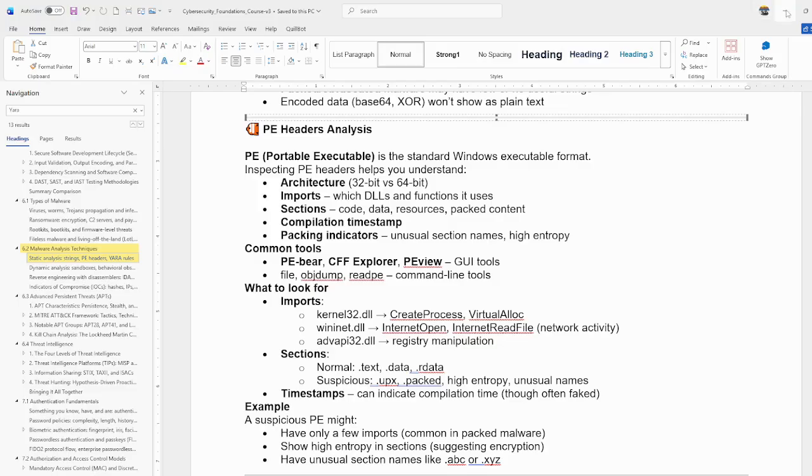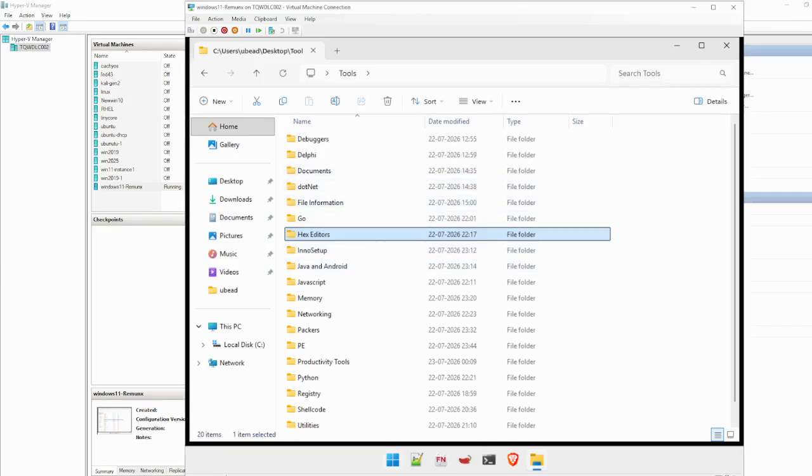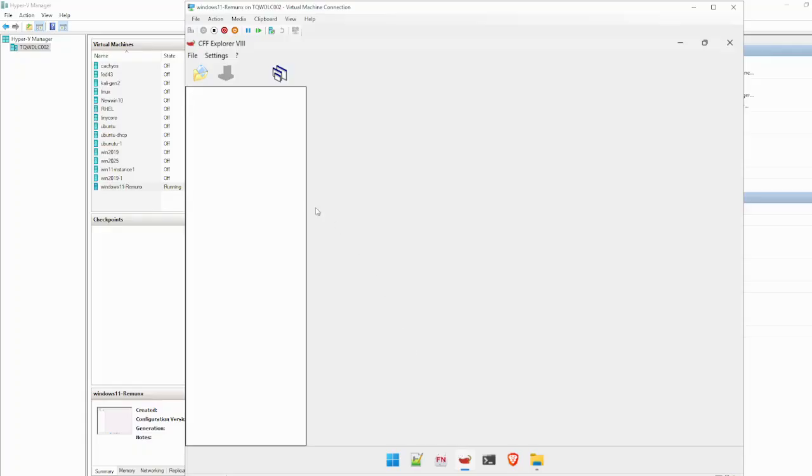Let's see CFF Explorer, and then PE View, CFF Explorer. So this is CFF. Open. Where is this tool here?